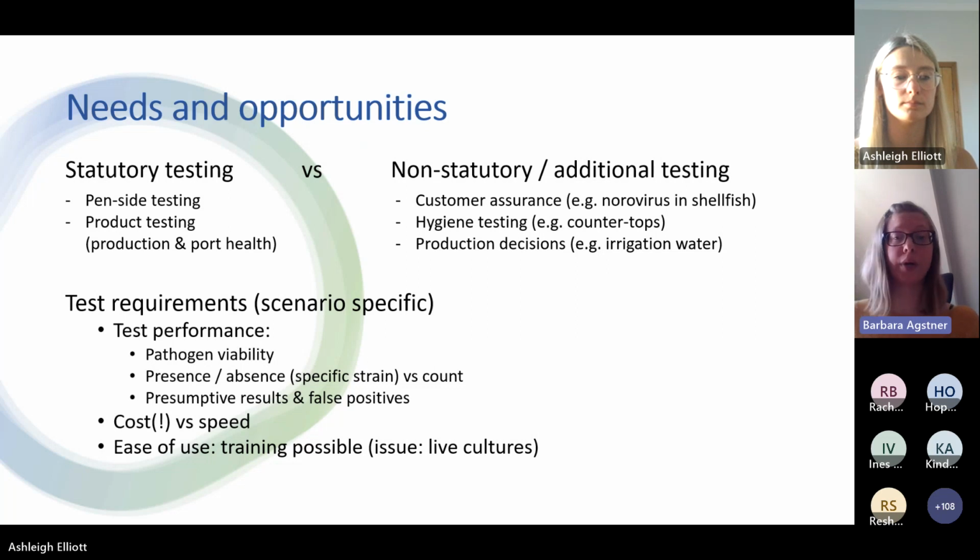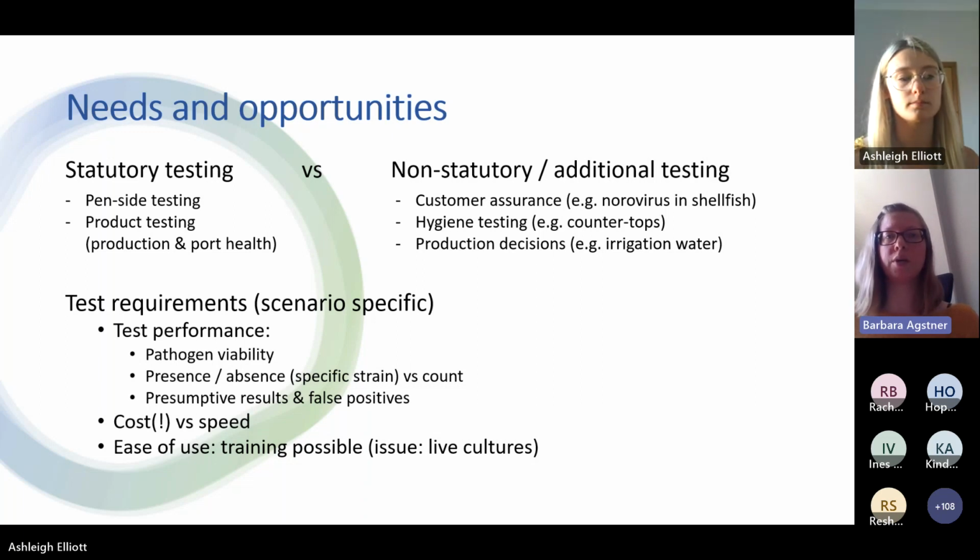And yeah, then the specific test requirements obviously depend very heavily on which of those scenarios we are looking at. So, for example, test performance: in a lot of cases, what you really want to know is whether there are any viable pathogens present, so anything that's infectious and can actually cause an issue, rather than just pure absence or presence. Also, for ubiquitous pathogens, often you'd want to count on a threshold, whereas if you're interested in a particular strain, that might be a very bad one where you just want to know if it's present or absent. And another thing that came up quite a lot across the board is the need for a portable test to not throw up a lot of presumptive results,